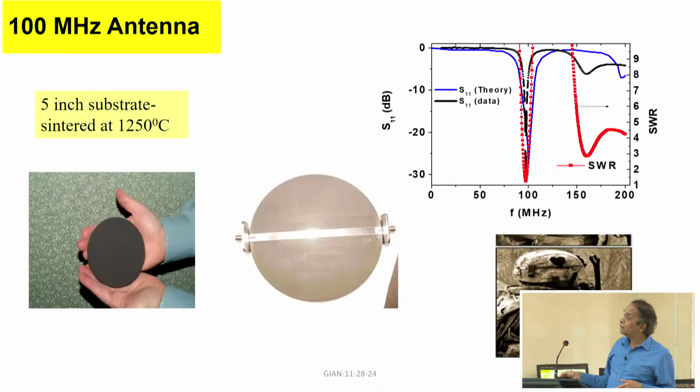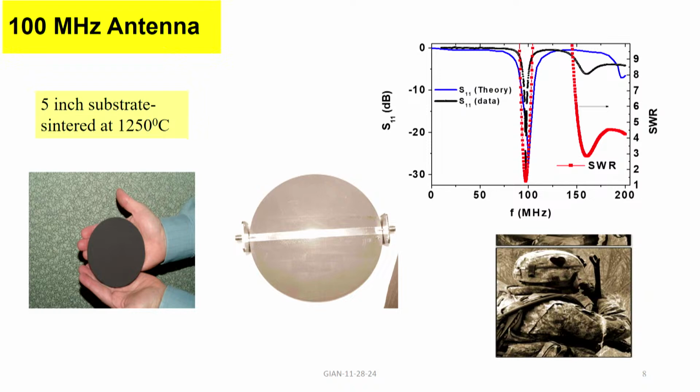Okay, so, these are the sintered composite they prepared. This one is a 5-inch substrate, and the antenna is just a copper strip with an input and an output as shown here. And this one, S11 versus frequency, shows where the antenna is effective. You see the resonance at 100 megahertz. So, this is a 100 megahertz antenna which can either transmit or absorb microwave power at this frequency, and it would be pretty